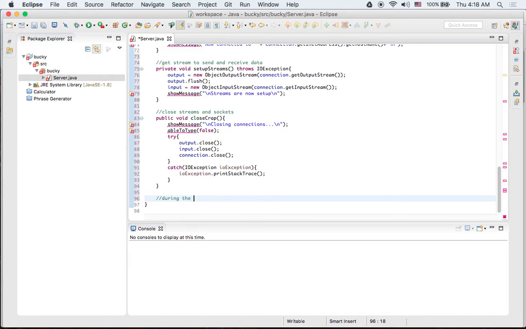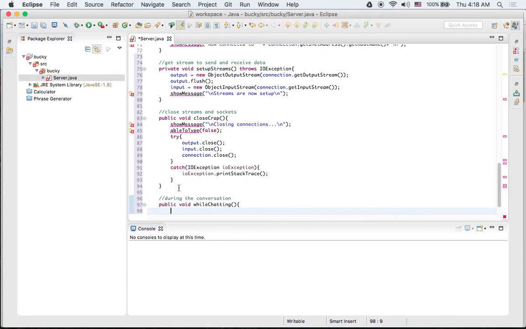During the chat conversation. So again, what we did is we named this private void whileChatting, and this is going to throw an IO exception. Alright, so the first thing we want to do is we want to give a prompt that